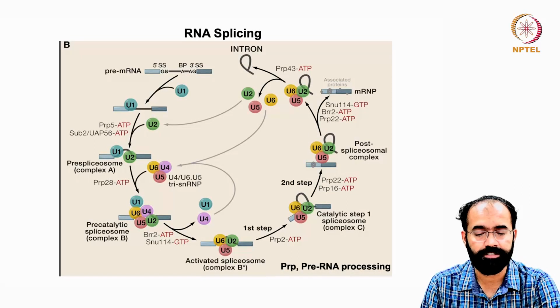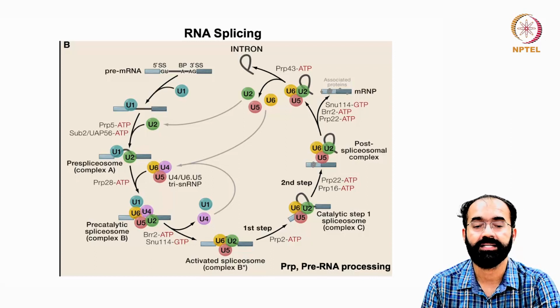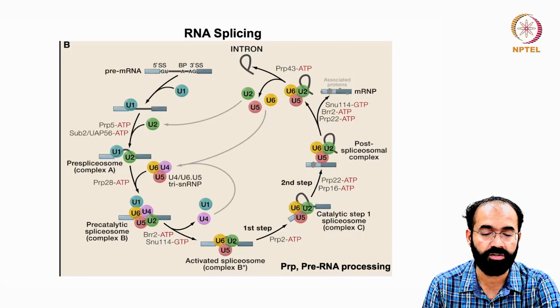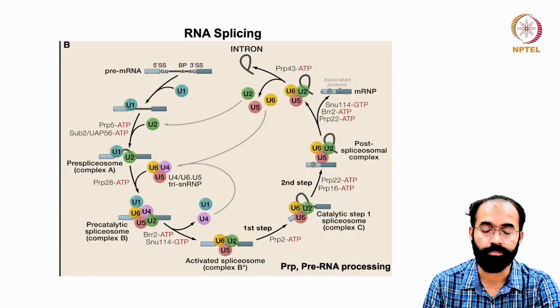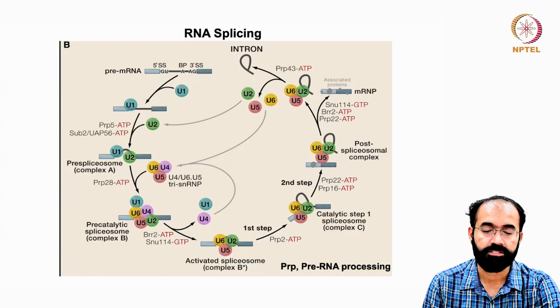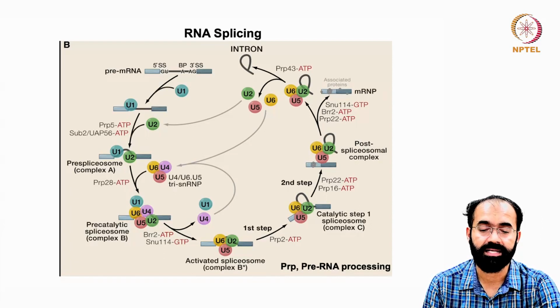So this we have seen already. For our convenience, I have put it in once again to understand the splicing event: U1 joins, U2 joins, and then U6, U4, U5 join, and then U1 and U4 release, and the complex B star has got U6, U2 and U5, because U1 is replaced and U6 occupied the place of U1, as you saw earlier here. It is occupied by U6, and then it will be further cleaved by